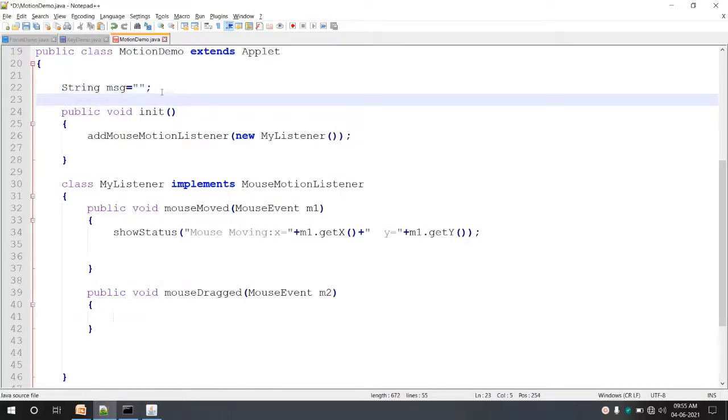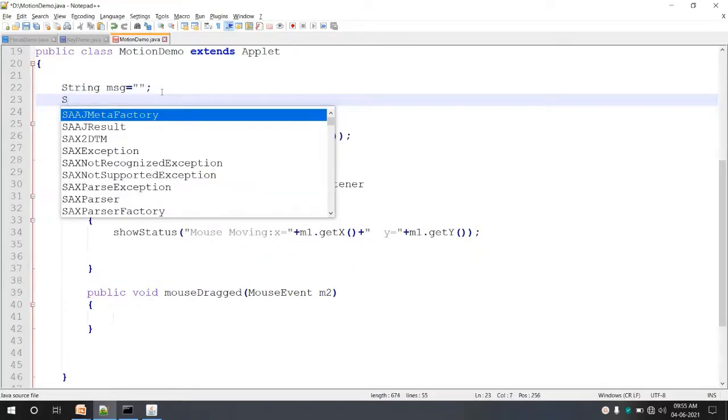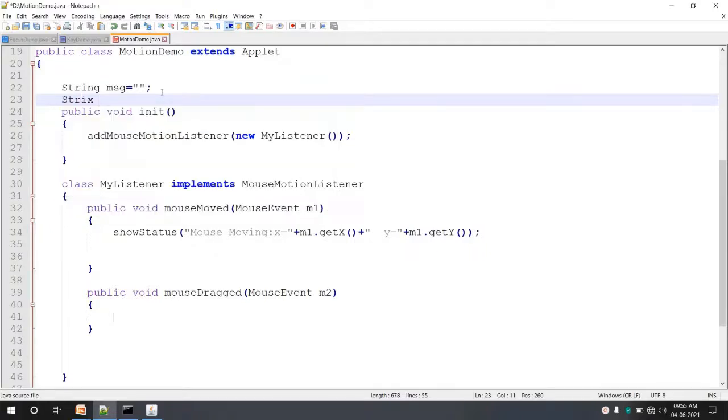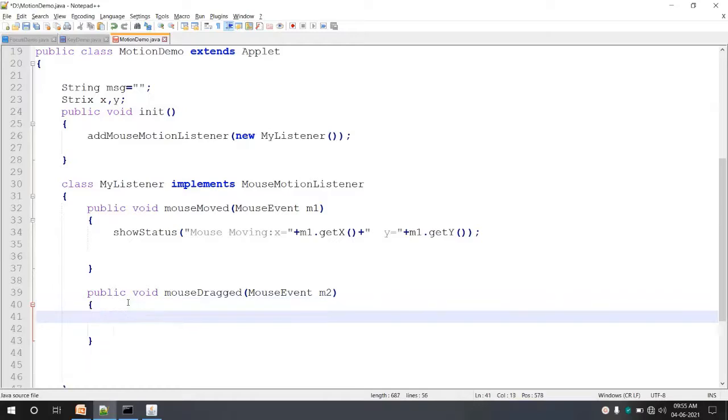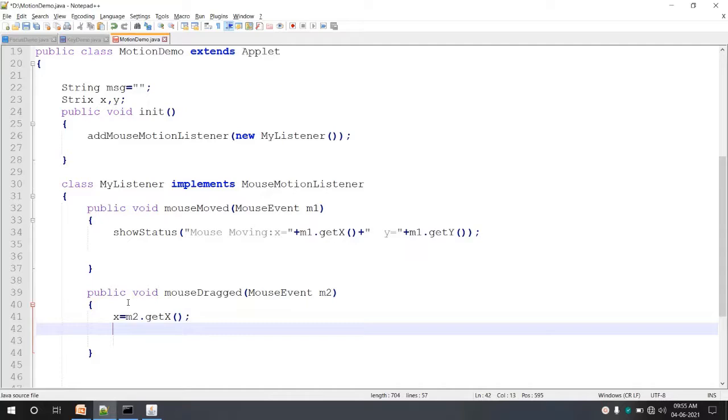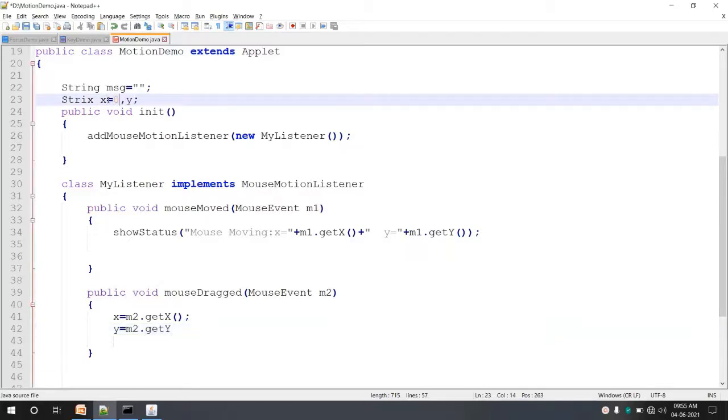I'll say String of x comma y, and I'll assign here x is equal to m2 dot get x and y is equal to m2 dot get y. Initial values of x and y, I'll set it to 0.